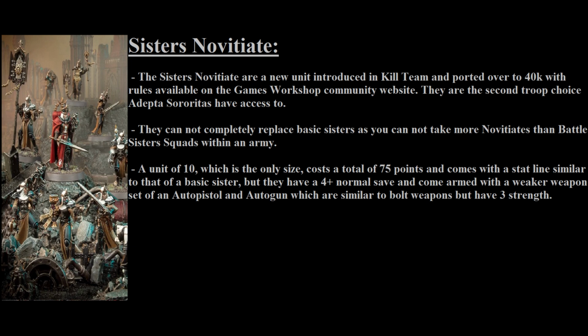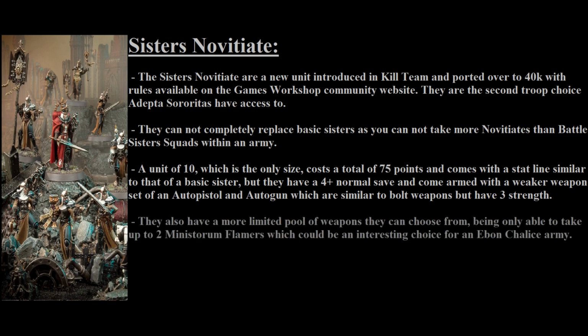They do have a weaker save of 4+, though just like the Sisters of Battle, they have access to the Axe of Faith, Sacred Rights, and Shield of Faith, as well as being part of an order and having the core keyword, giving them access to all of those different benefits depending on which order you choose and how you utilize that core mechanic. As far as different weapons go, they begin with an auto gun, an auto pistol, and